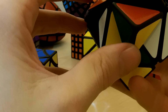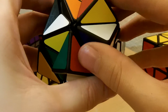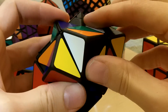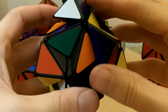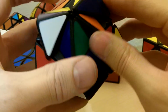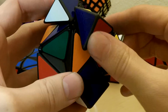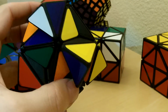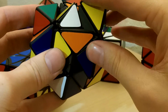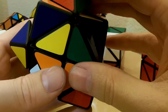I think if we do... can this turn? Yes. This is still a total mess. I don't like this at all. I just made that a lot worse. That's annoying. So is there something we can do about...